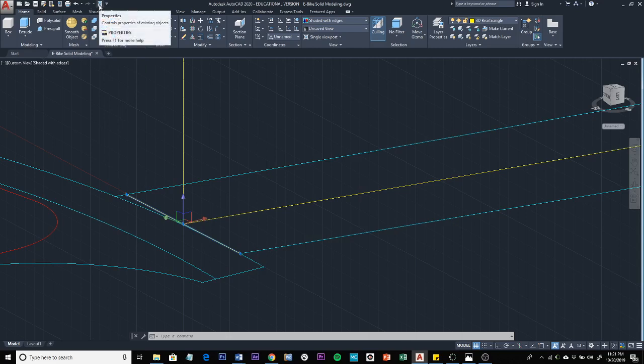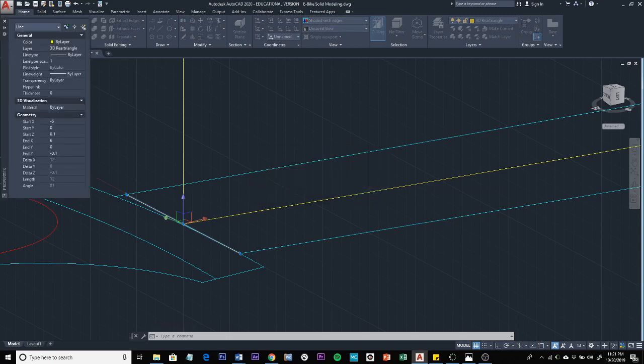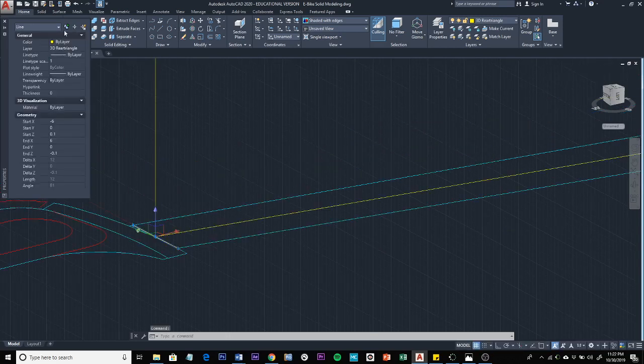When in doubt, you can always type it in. Just type in properties and it will show up in the list here. But what this does is it gives you a list of properties for the object that you've selected. Ignore that warning. And what I'm mostly interested in is the length value. So this is a 12 unit line. So I know the radius of that would be 6. So now I can draw a circle with a radius of 6